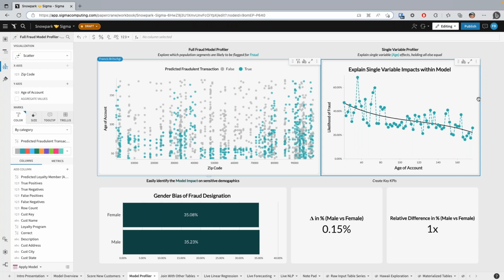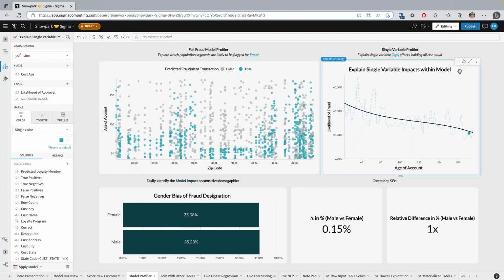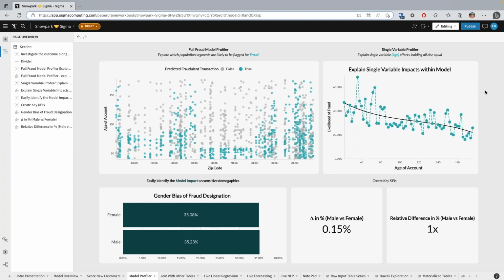What we can also see on the right is a way to aggregate this. So the left is a more detailed view to see a full model exploration. But what we often see from executive stakeholders is a way to simplify the model and actually explain how it's acting in simple terms. So we're holding the zip code variable average, and we're assessing how on aggregate the age of the customer impacts the likelihood of approval. And we're able to answer that kind of real question with, all right, as your age increases, the probability of being accepted decreases.